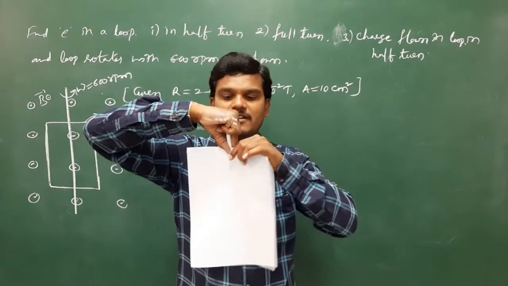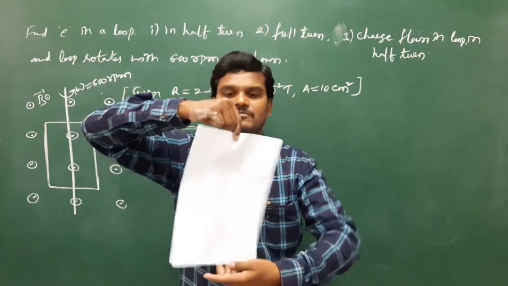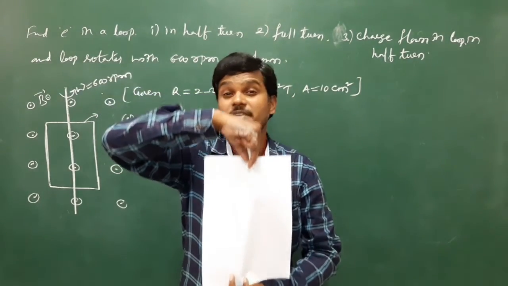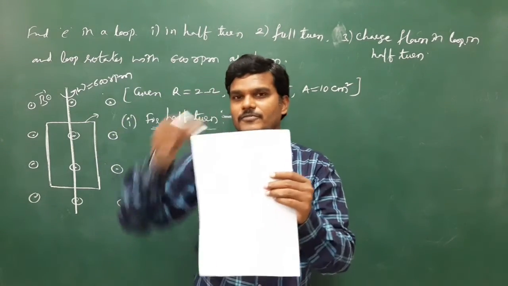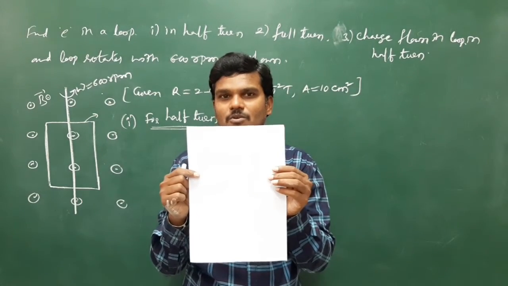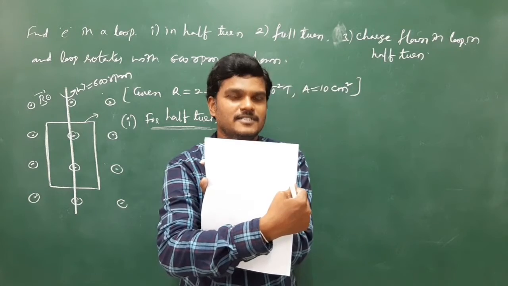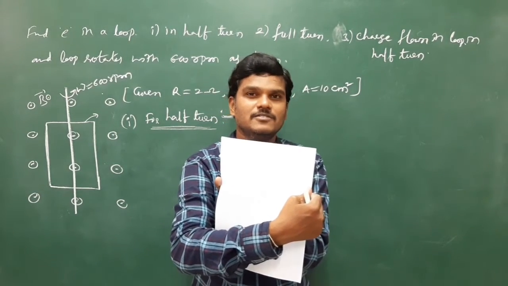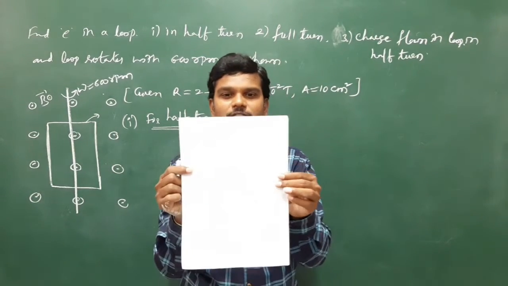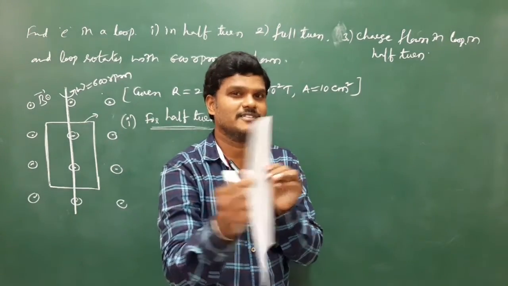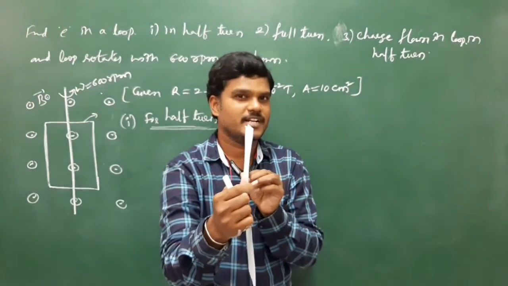Next, full turn means again this chalk piece has to come towards you. Full turn means one turn. Now half turn means what is the initial angle? Theta 0. Once it rotates half turn, how much is theta? Is it 90 or 180? So don't think of it as 90. If it rotates like this, it is a quadrant turn. If it rotates in this direction, 90.